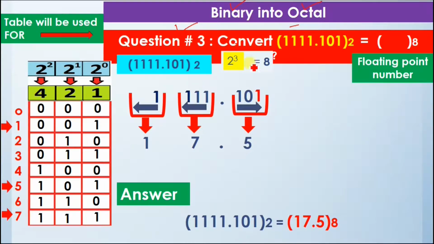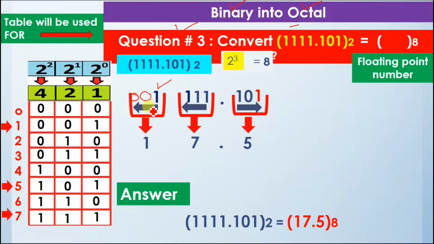111. Okay, they come here. Next, only one is left, so we write 1 here. So we know that we have to make groups of 3 bits in order to convert it into octal. And here we have only 1 digit, so we will add 2 zeros to that to make it 3 digits, right?